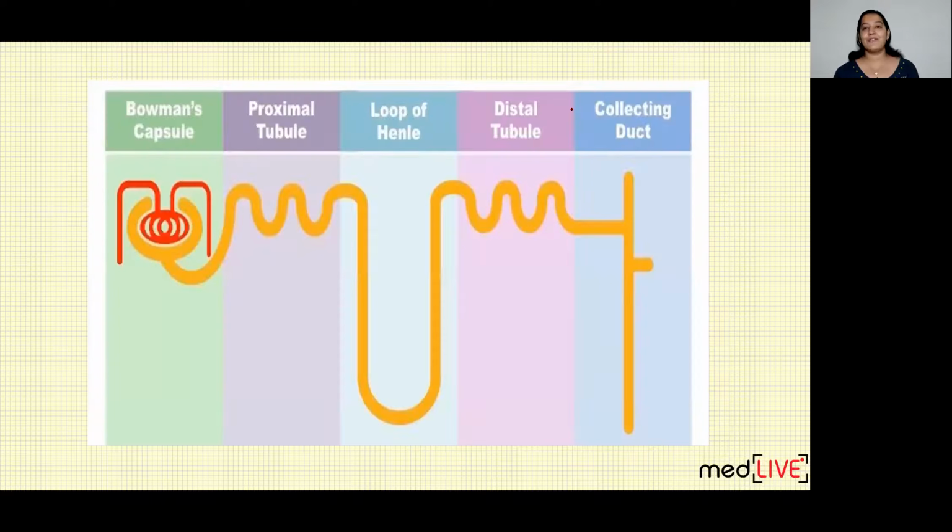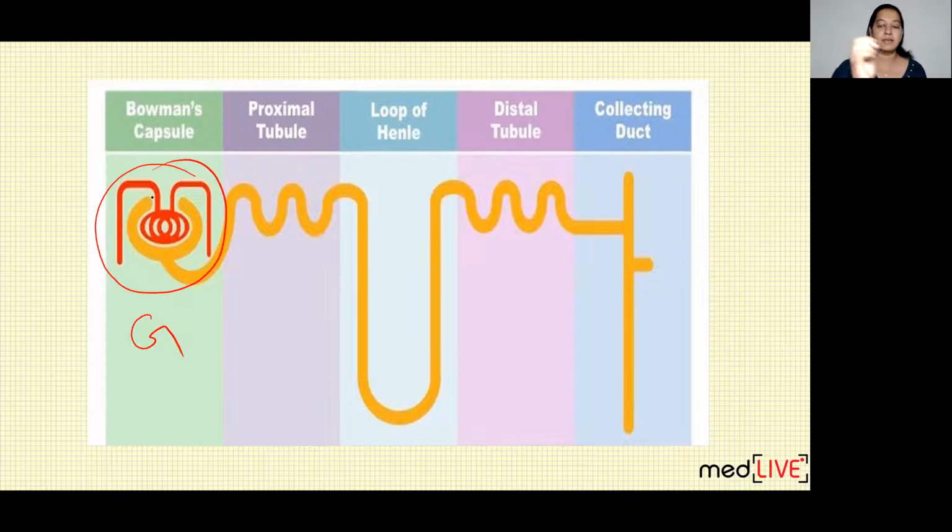So what are the parts of the nephron? There are 5 parts of the nephron. The first part of the nephron is known as glomerulus. Actually, glomerulus consists of 2 parts. The yellow portion here, a capsule-like structure, is known as Bowman's capsule. And in the Bowman's capsule, a tuft of capillaries is there. You can see a tuft of capillaries residing inside the Bowman's capsule. Both of these, the tuft of capillaries and the Bowman's capsule, together are known as glomerulus. Then the second portion of the nephron is the proximal convoluted tubule, also known as PCT.